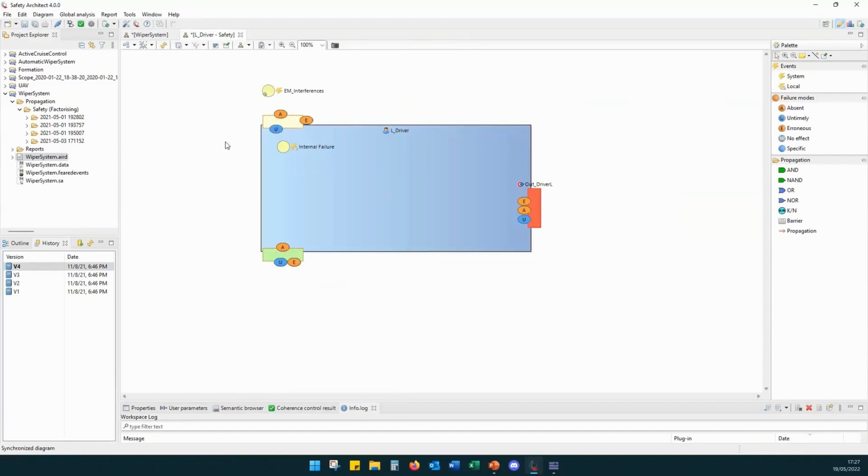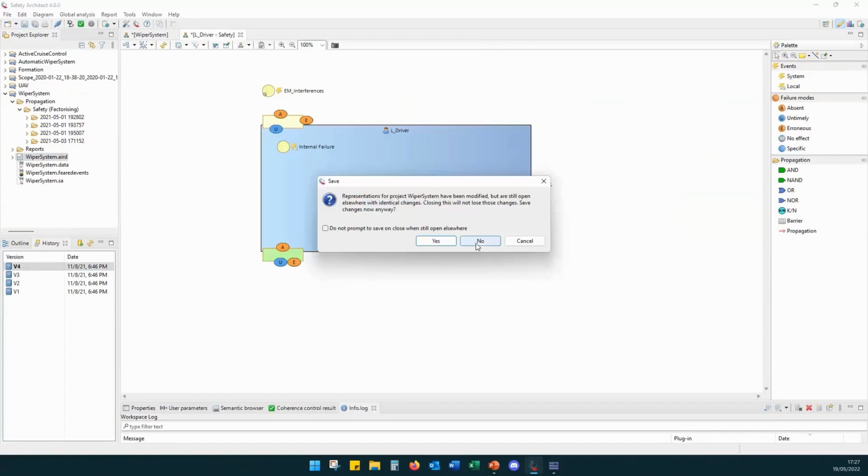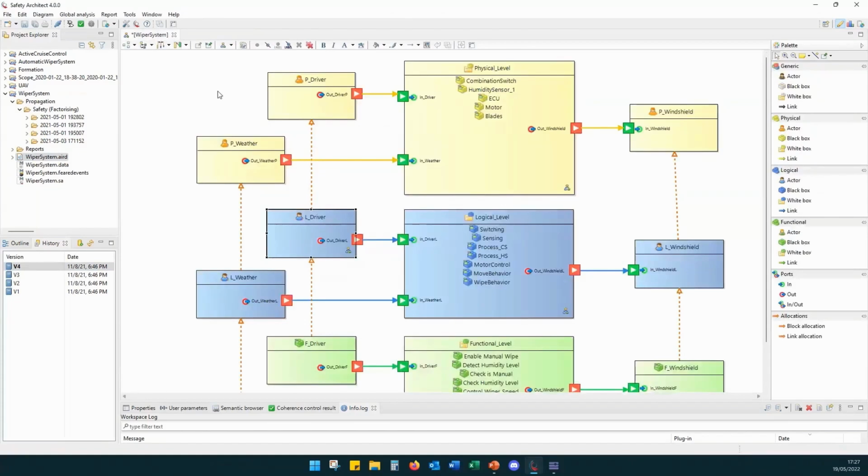Like this, for instance, you can have a physical failure in a physical component, and you can propagate it through the physical architecture and to the logical level, and finally to the functional level. So like this, you can propagate through all the levels of the architecture. That's why we choose this representation.